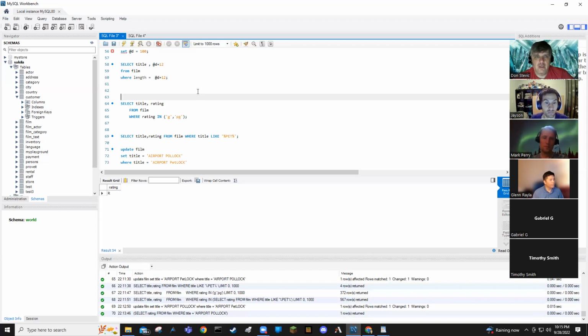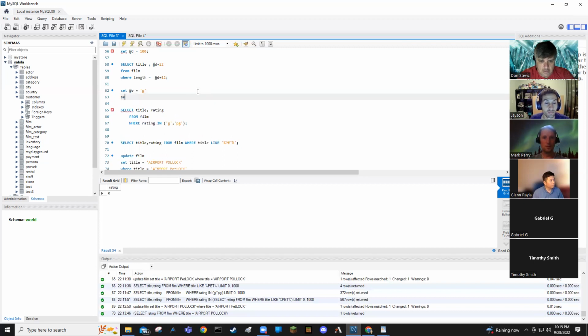I could set at R be equal to G, and then I could set at T equals PG. And then I could do